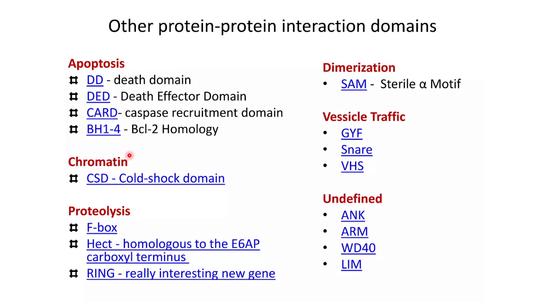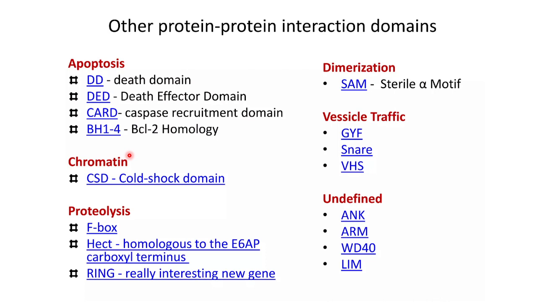And there are other protein-protein interaction domains as well, which you can also study. Based on their function, you have the death domain, the death effector domain, the caspase recruitment domain, and the BCL2 homology domain, which play important roles in apoptosis. You have the chromo shock domain for chromatin modifications and all. You have the F box and the HECT, which is homologous to the E6AP carboxyl terminus. You have the really interesting new gene,